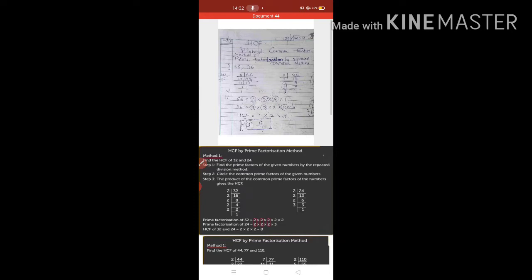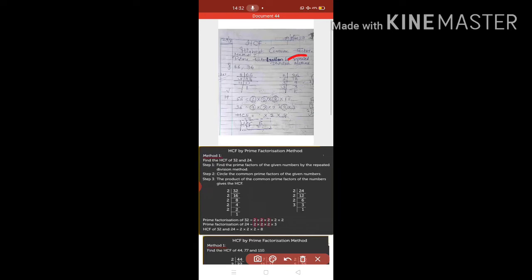Now let us go very quickly. Let us revise what HCF is. The first method is called the repeated division method. Here I have cropped out the explanation because we were discussing how to make it easy for you. Now 66 and 36, I have got two numbers, and from these I have to find the HCF. Just go with the name.